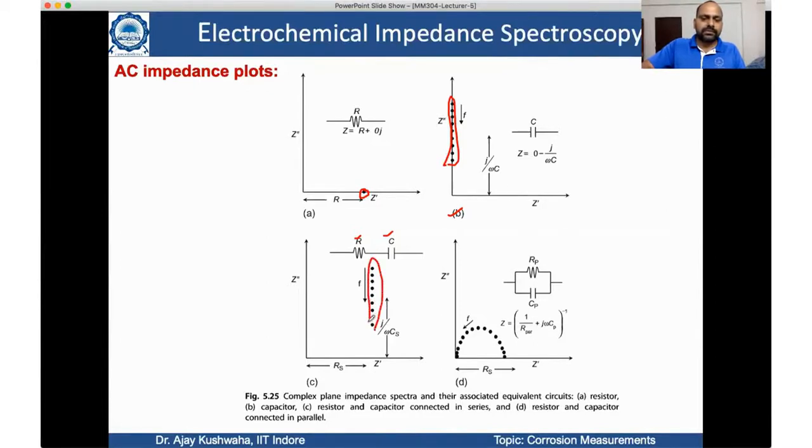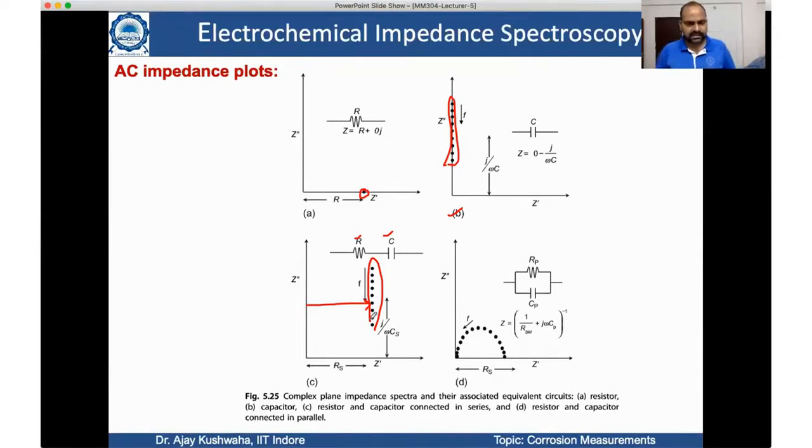It shows this is the value of the real component, basically the resistance, and this plot shows there is a variation in the Z double dash value with respect to the change in frequency, or the variation in omega. So if this plot is there in Nyquist, we can understand there are two components in the system, right? By just looking at the Nyquist plot, we can have an idea what kind of components are in the circuit, and based on that analysis we can fit the circuit and get the value